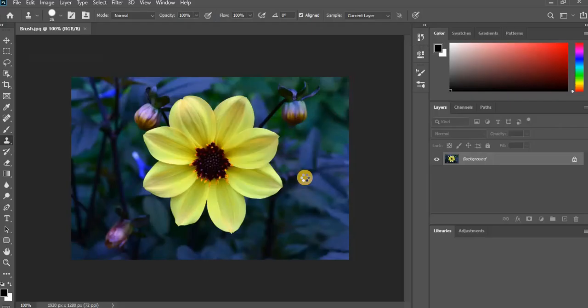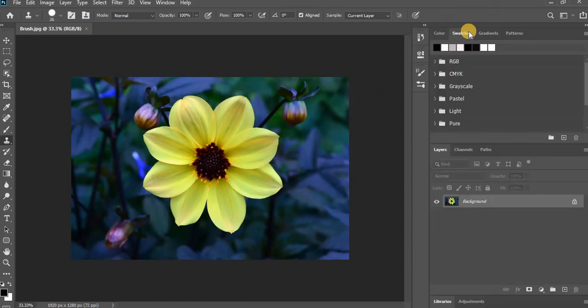So it is open. If you look at this image, you can work on different images. It depends upon what image you have. Here, I'll choose the swatches panel. If you want to make some changes in the image,